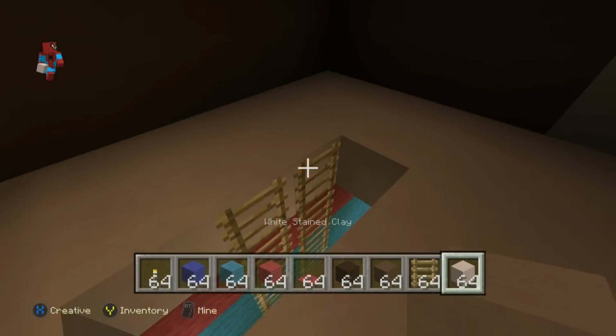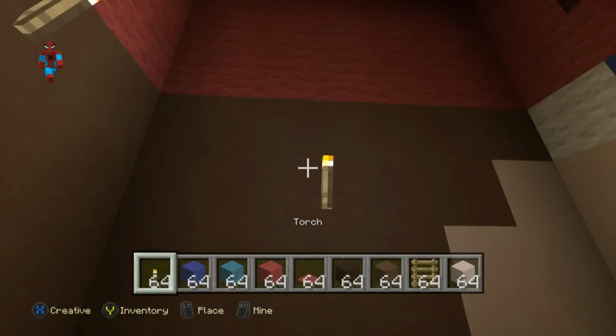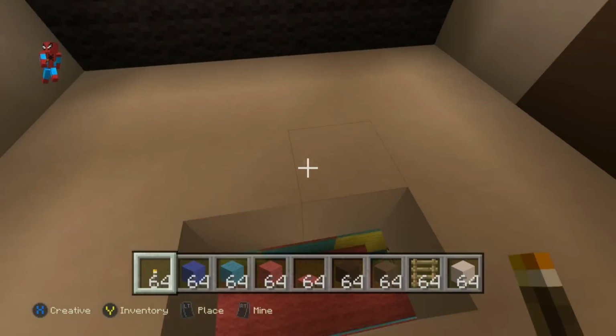And for this, we're just going to fill in the rest of the area. So this is also going to be another room. This is inside of Mario's head. We've kind of got like the back of his eyes, his mustache. So